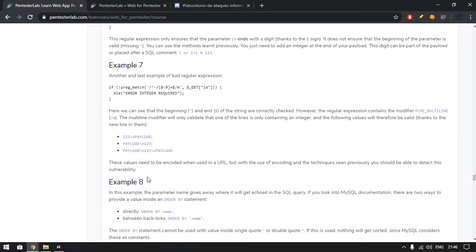In example number 7, another bad regular expression. Here we can see the beginning with a caret and the end with a dollar sign of the string are correctly checked. However, the regular expression contains a PCRE multiline modifier. The multiline modifier will only validate that one of the lines is containing an integer, and the following values will therefore be valid. So we can use a multiline injection, but to simulate this, we can use the correct encoding